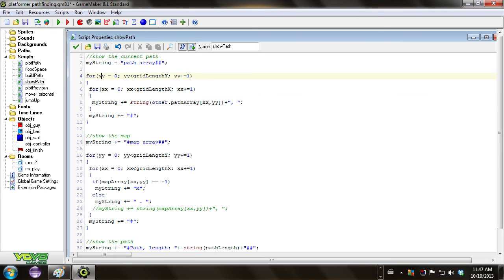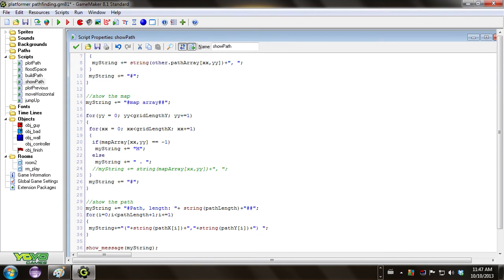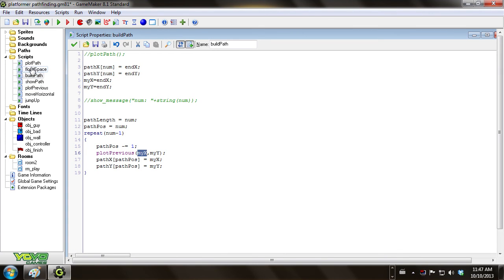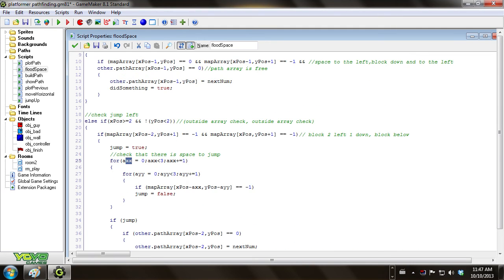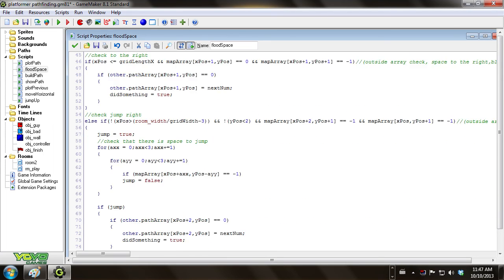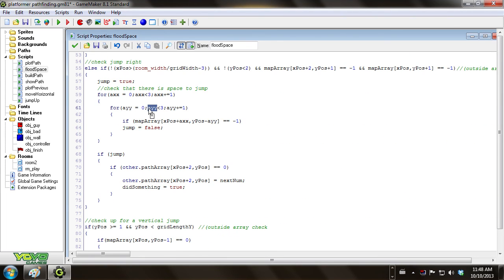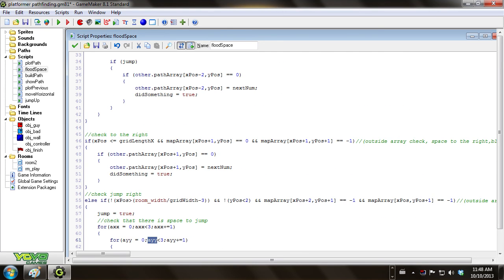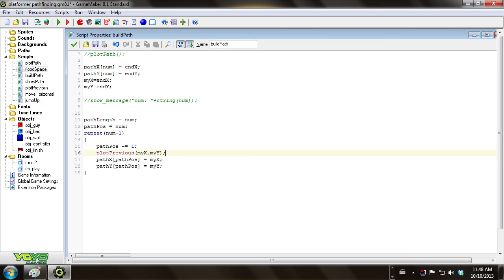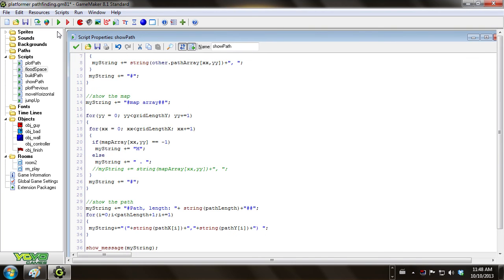That's why sometimes I have XX and sometimes I have YY, and in some of them I have AX and AY, and it just gets like this, because I couldn't use X, so I just did X twice for the for loops. But here I could get away with using the same variables for the for loops because the loop exits before it moves on to another one. So that's why my code is super messy, because I'm not used to